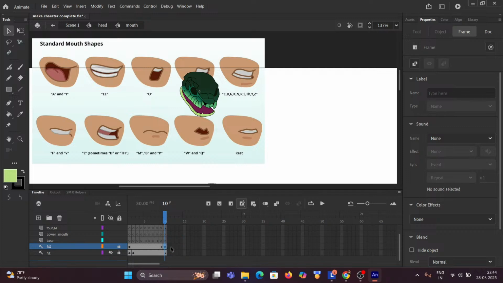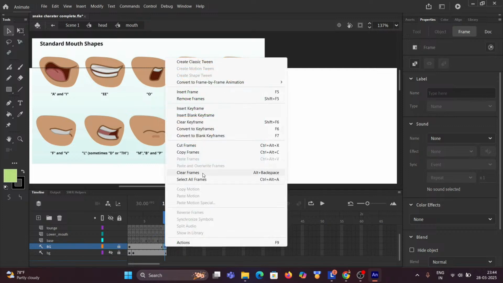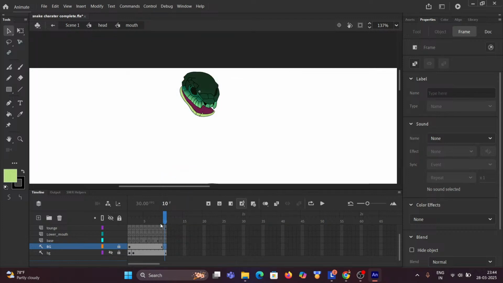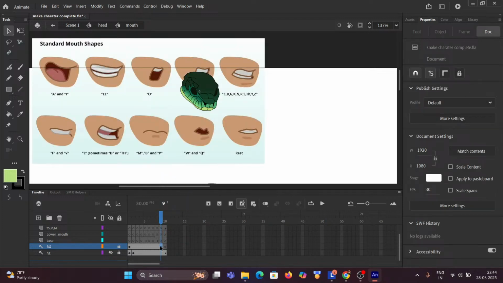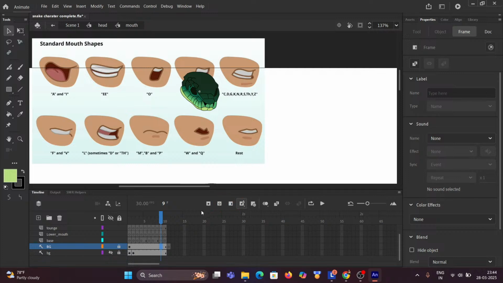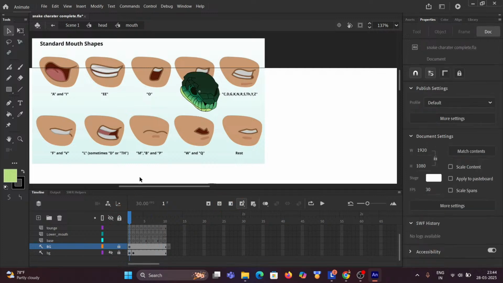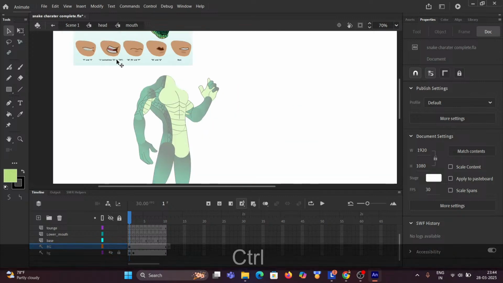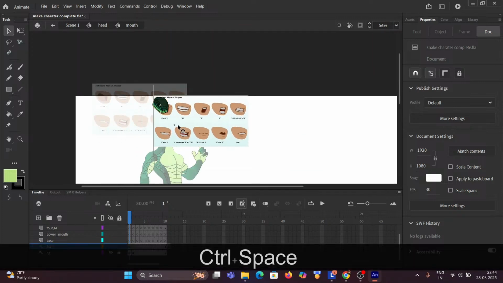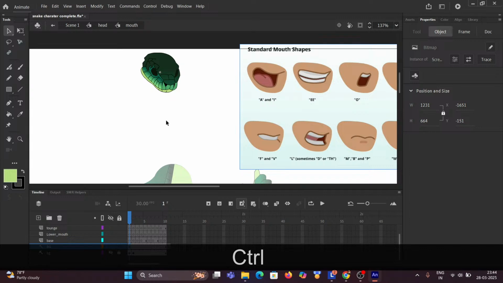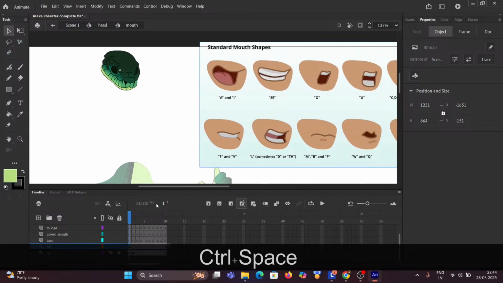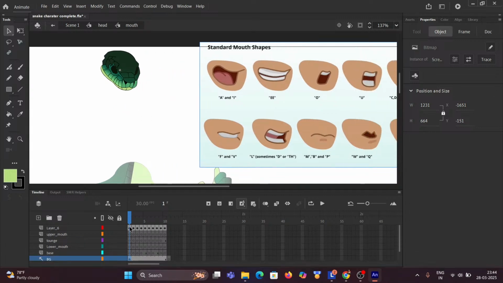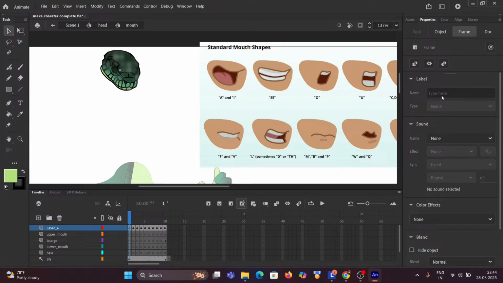What I can do is clear frames, and now I can increase it. Let me change its location so we have better understanding. Now let me name this frame as a